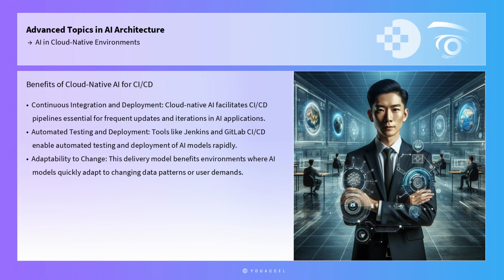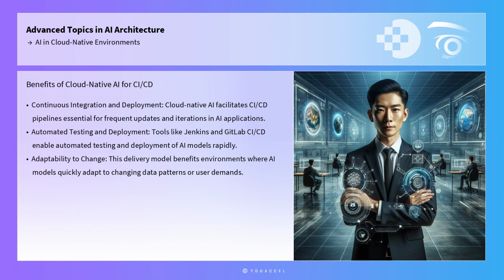One of the primary advantages of cloud-native AI is its capacity to facilitate continuous integration and continuous deployment pipelines. This is crucial for AI applications, which often require frequent updates and iterations. Tools like Jenkins and GitLab CI/CD enable automated testing and deployment of AI models, ensuring that updates can be rolled out rapidly without disrupting service. This continuous delivery model is particularly beneficial in environments where AI models must adapt quickly to changing data patterns or